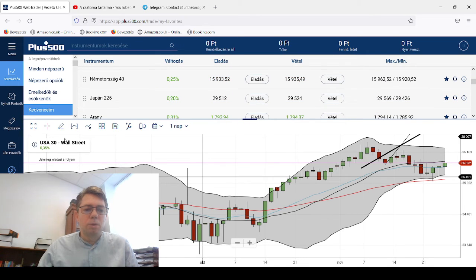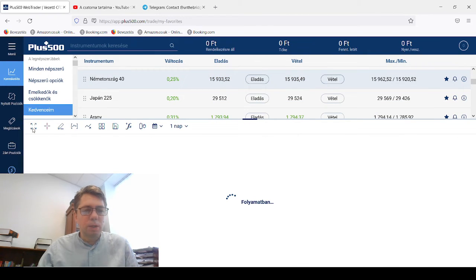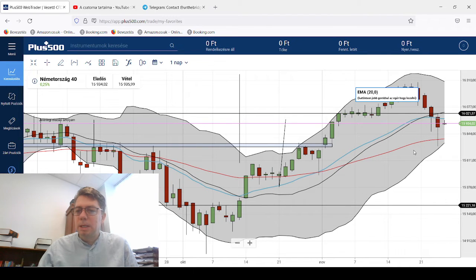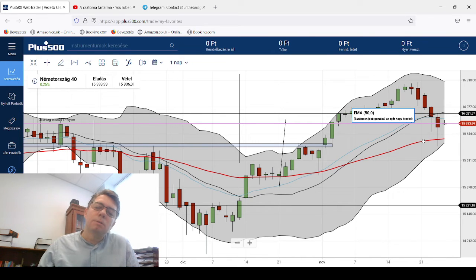Germany, let's go over to Germany on the daily chart. This is Germany DAX on the daily chart. Right now we are between the 20-day EMA and 50-day EMA. We had a pullback, even a wick down below the 50 EMA. Of course, we need a body close below the 50-day EMA in order for us to turn